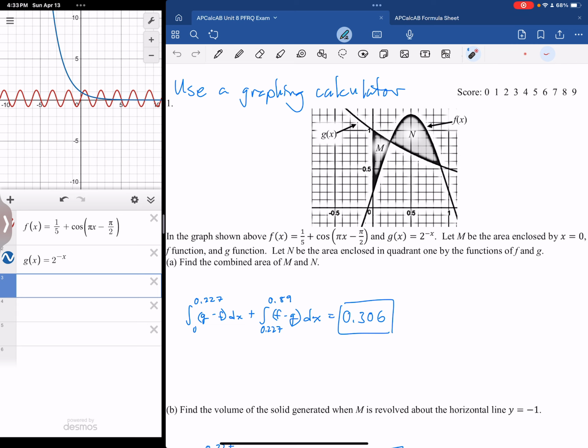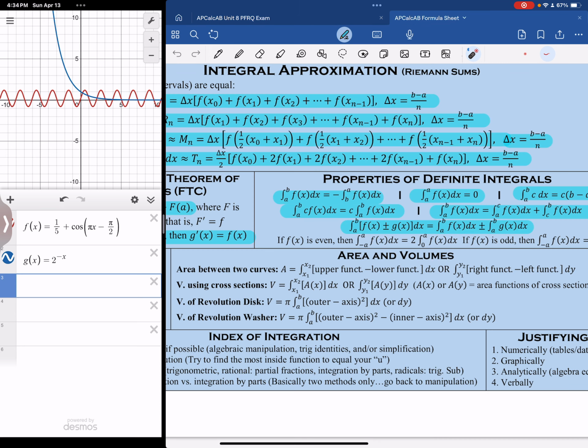Now, in order to do this, we're going to need the points of intersection right here and here. This one right here is obviously 0. This would be another x right here, and this right here we'll call this x2. All right, we have our lower boundary and upper boundary for this area, and then we have our lower boundary and upper boundary for this area. Okay, so just going to reference our formula sheet really fast. The area between two curves takes the upper function and lower function, subtracts them inside the integrand